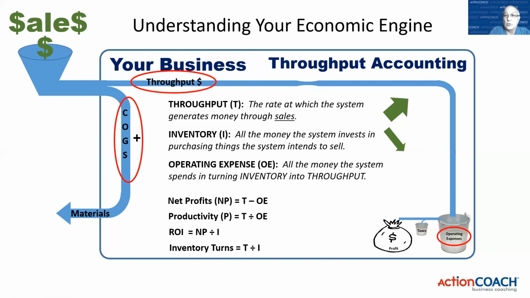Negotiate with the suppliers, buy less of it, or receive less of it, buy it on basically consignment. And then operating expense, smallest of the three levers. You want to drive it down,